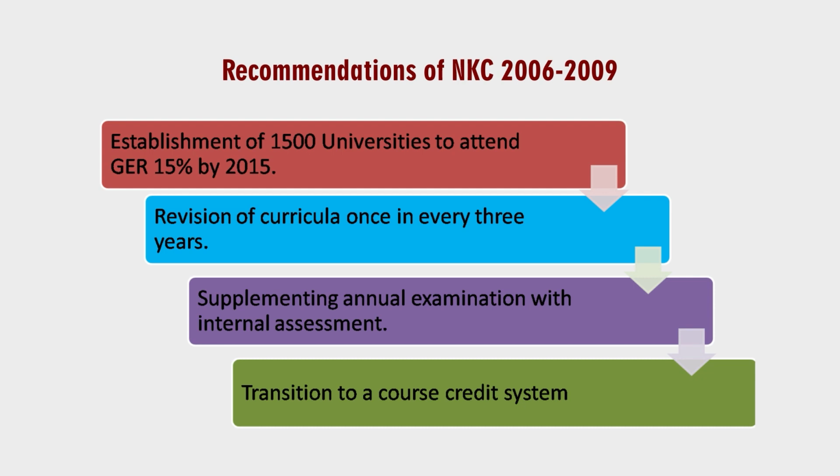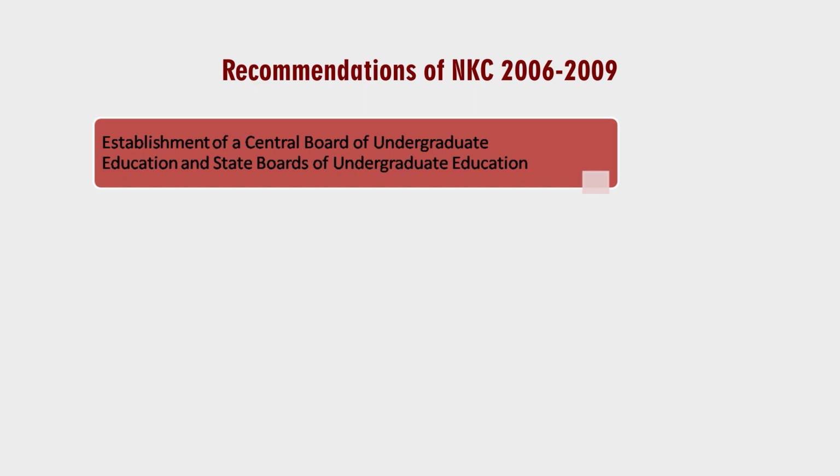Then transition to a course credit system. So how to develop the curriculum, develop the course as per different credits, and how to define the credit also was an important recommendation. And further, establishment of a Central Board of Undergraduate Education, CBUE. Then accordingly, State Boards of Undergraduate Education were also an important recommendation. And in the State Board of Undergraduate Education,